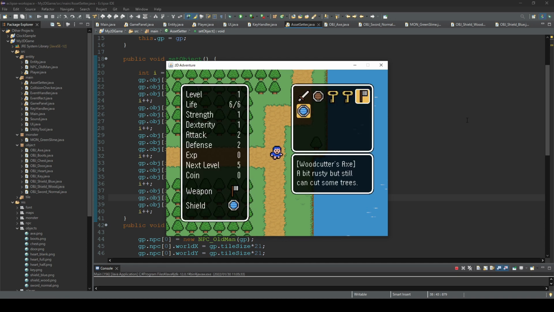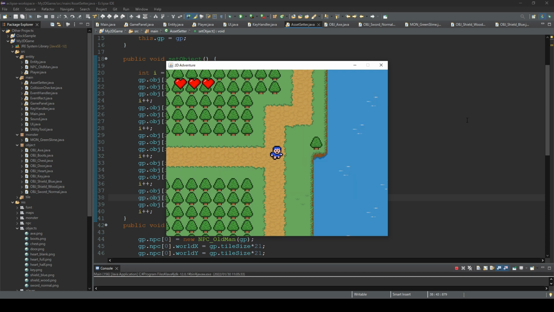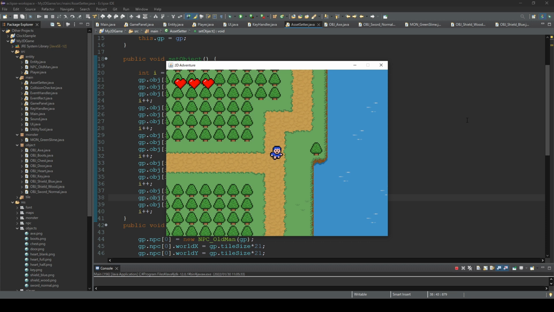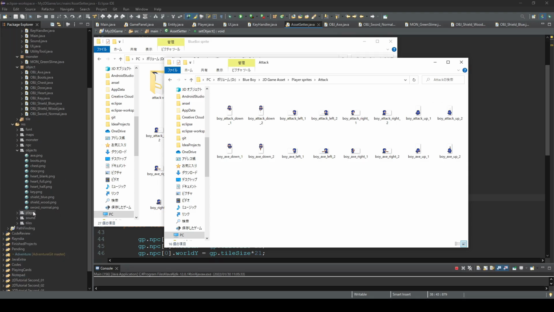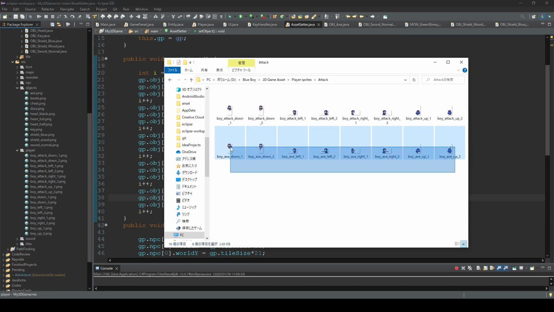But now I wanna add one more function. Since the player is having a different kind of weapon now, it would be nice if he has a different attack sprite. He's still swinging a sword, and this looks a bit strange, I think. So I have prepared these swinging axe images. So I'm gonna copy these images,